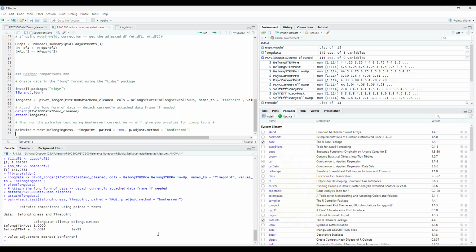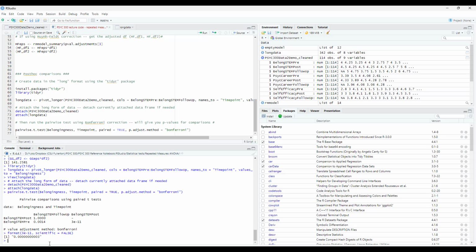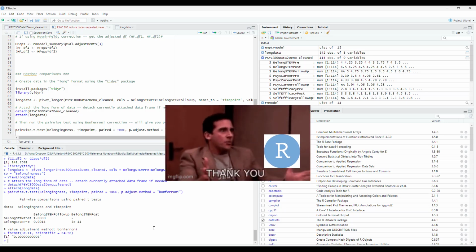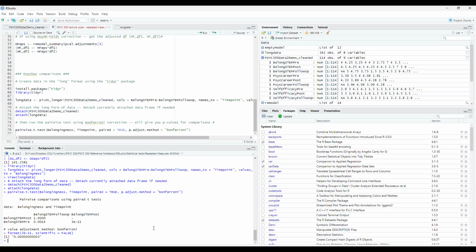And so now we have made pairwise comparisons for our post-hoc test, so we can see where the significant differences are. And if you're curious about interpreting this and you don't like scientific notation, you can always do scipen equals false and then run that, and it is a very, very small p-value. And so we're going to hop on over now to PowerPoint. Thank you, RStudio. It's been nice working with you. Let's go back and talk about how to interpret this and how to write it up as desired.